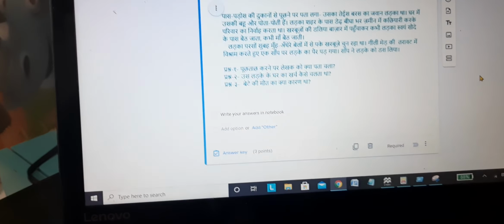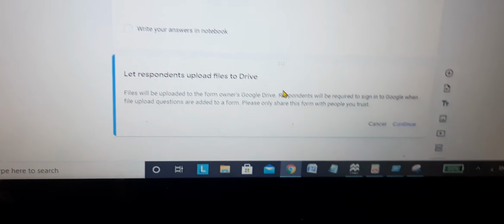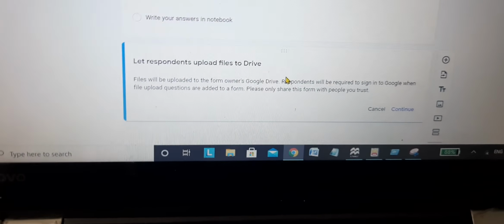And here instead of multiple choice we will use file upload as the option. When you are using the file upload option, the students also need to have a Gmail account, only then can they upload it. So you say continue.